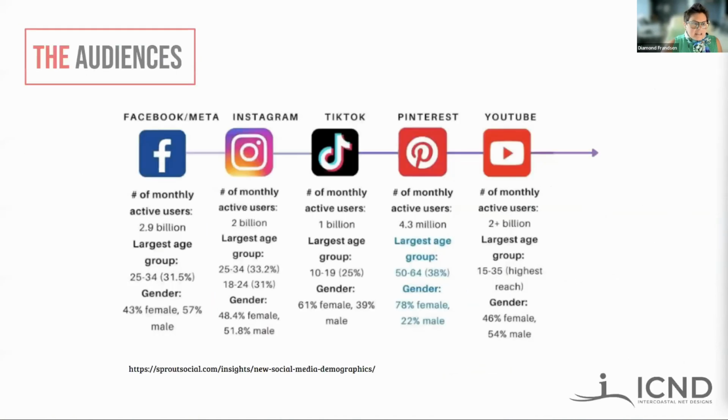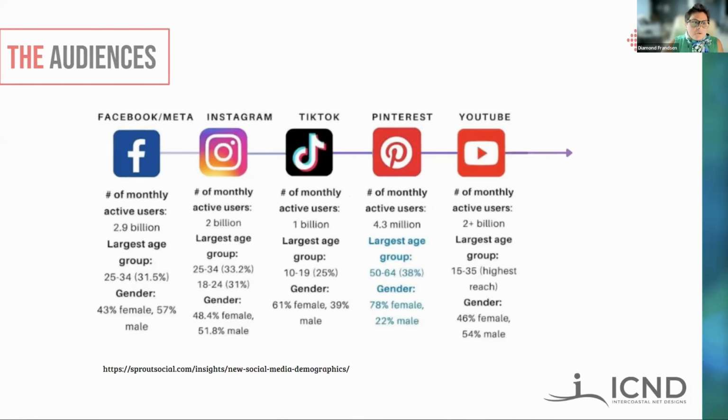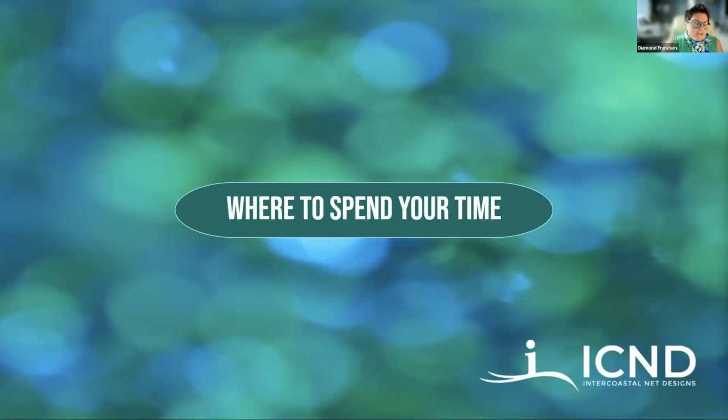So the latest data that we had about the audiences and who's using these social media platforms is right here on the screen. Feel free to take a snapshot. We do talk about this in some of our articles and social media posts. So as this data becomes available, we do publish that as well. So, where should you spend your time if you're just starting out? If you want to get back to those abandoned platforms that you have,